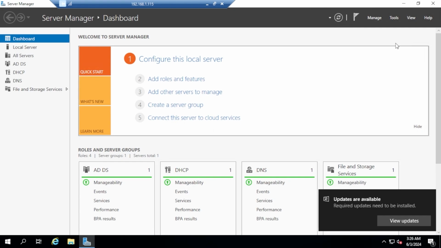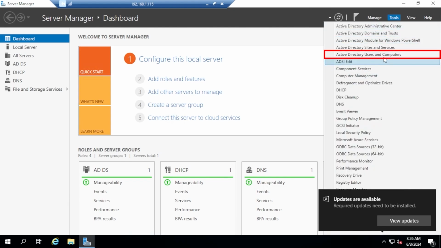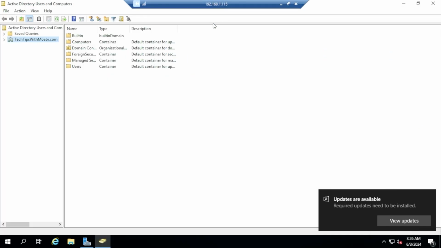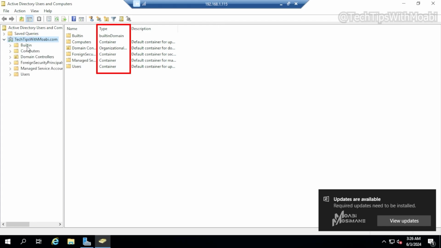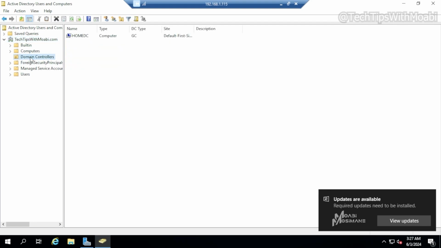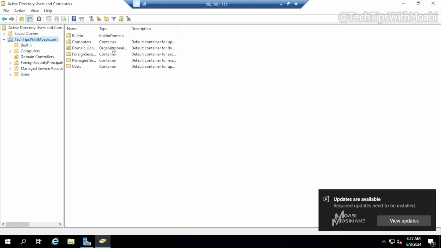So in order to create users, groups and organizational units, all you have to do is click on Tools and click on Active Directory Users and Computers. Once the Active Directory Users and Computers window is opened up, click the arrow next to your domain name and you should be able to see a couple of organizational units and also containers. In this case, I only have one organizational unit, which is the domain controllers, and the others are built-in